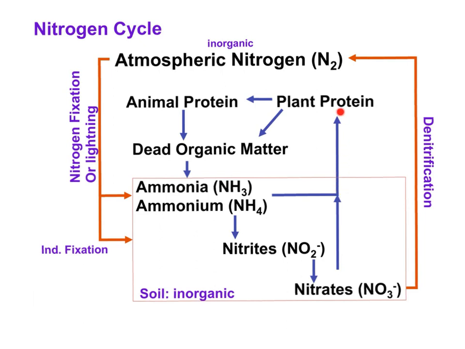Here is the uptake of nitrogen by plants from the soil and the return of nitrogen to the soil upon death. The soil plays a big role in the nitrogen cycle. Follow closely, because the soil includes the decomposers and the bacteria that fix nitrogen from the air into ammonia. Let me point out a couple of things. There's no interaction of plants and animals with atmospheric nitrogen. Nitrogen becomes organic when plants take up nitrogen from the soil.